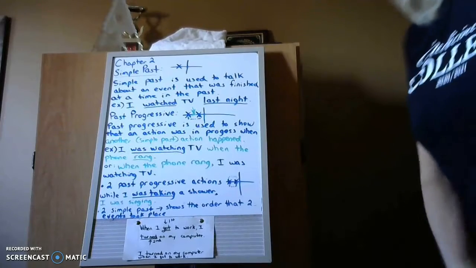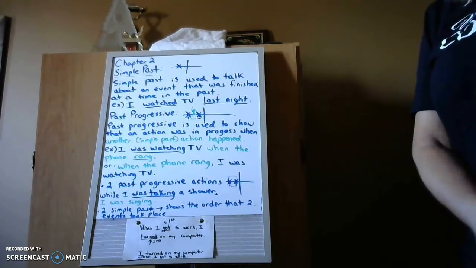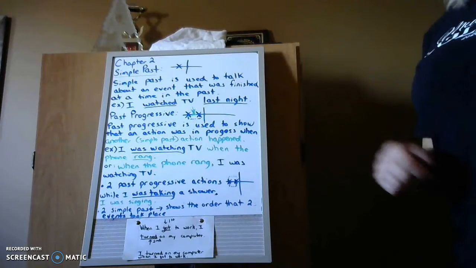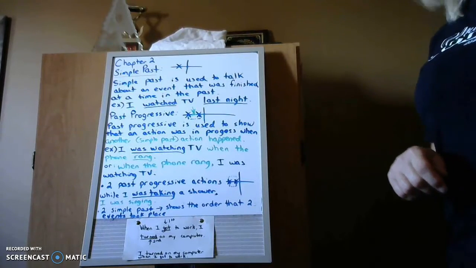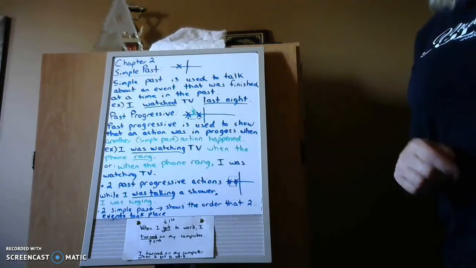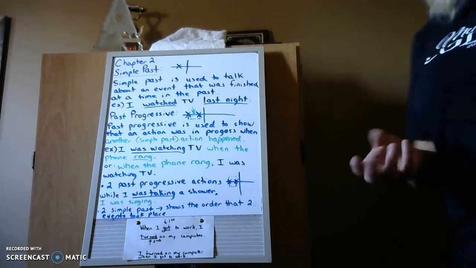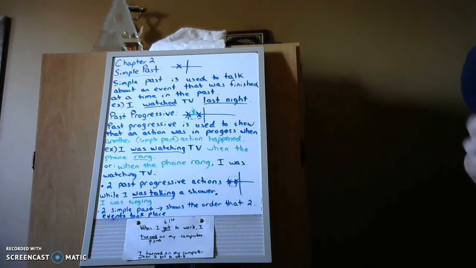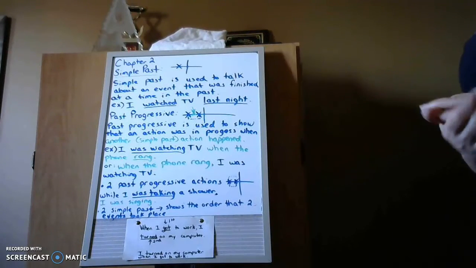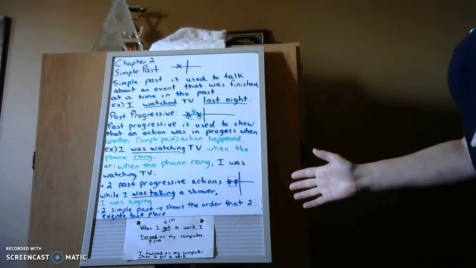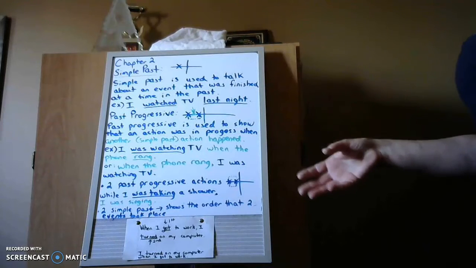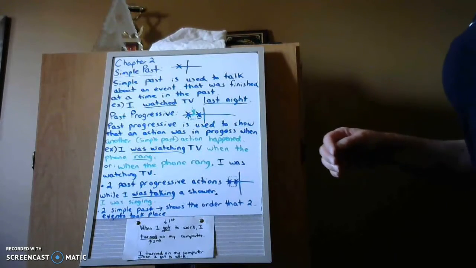Okay, so take a look at the notes I provided you for chapter 2. You might even want to go back to last year's notes and just look that over, and maybe look over the exercises you did in Focus on Grammar 2 and Focus on Grammar 3. You've got everything you need. You don't need to purchase the Focus on Grammar 4 workbook. I copied everything you need.